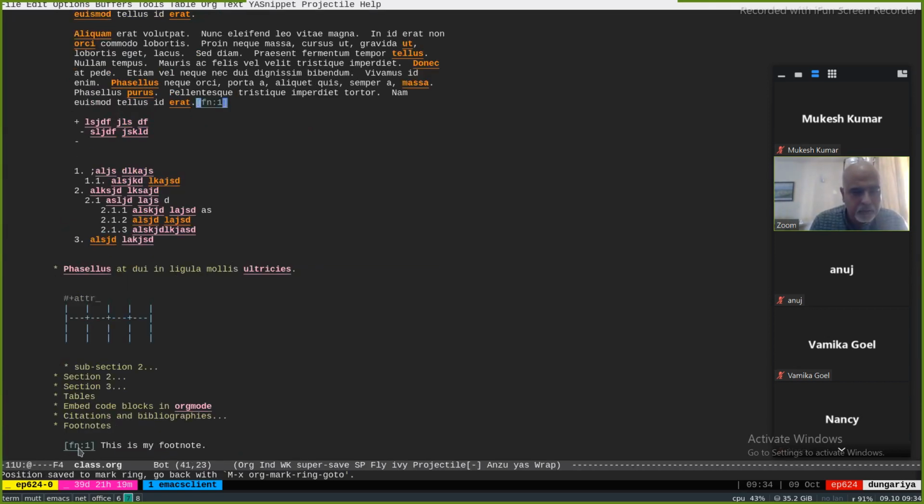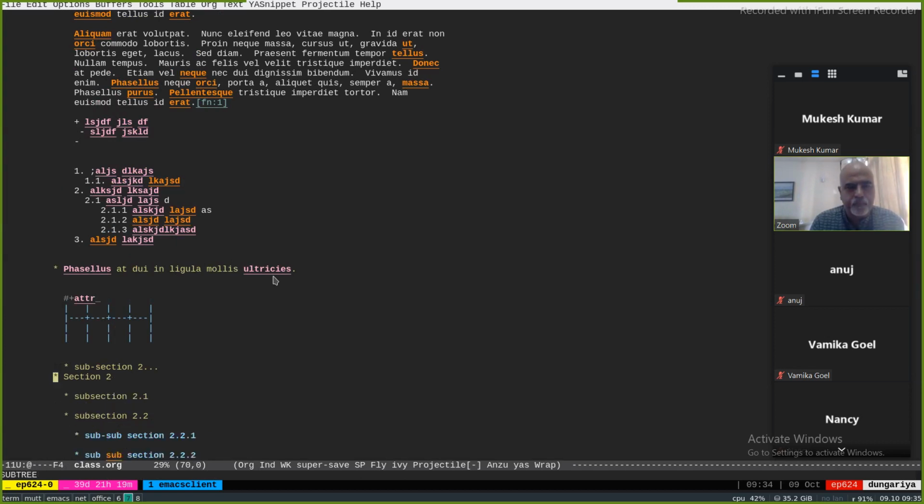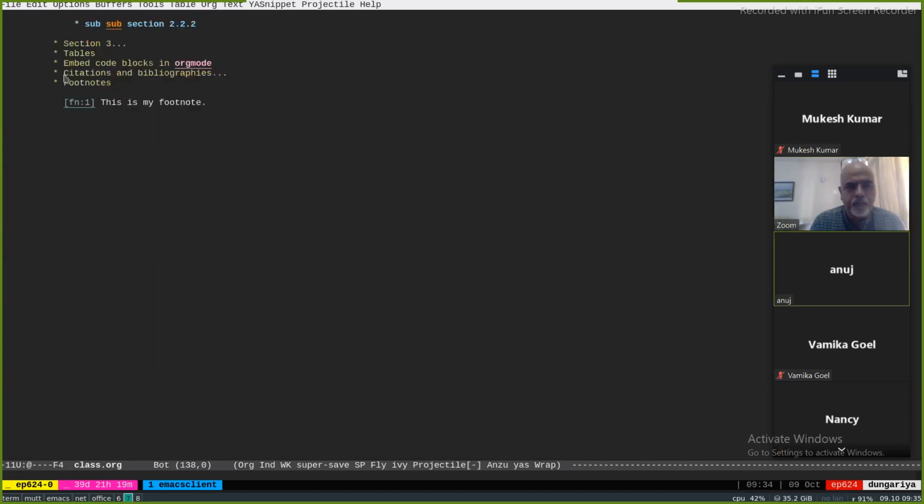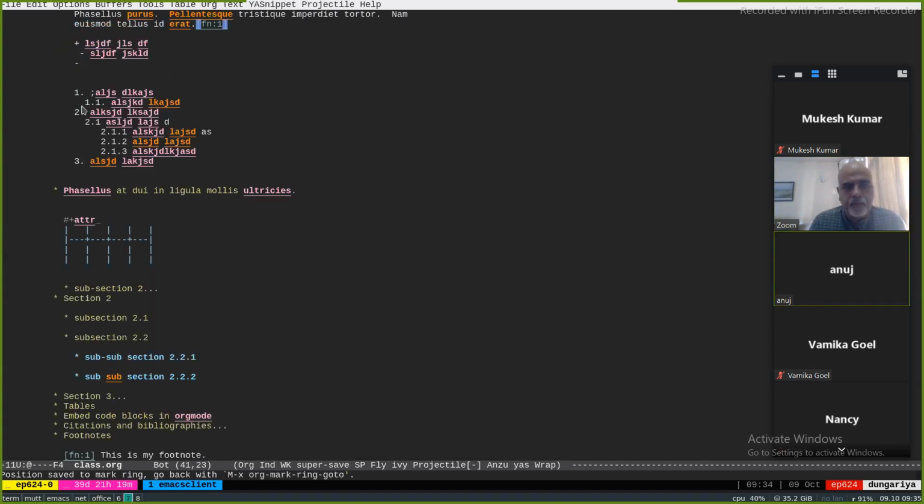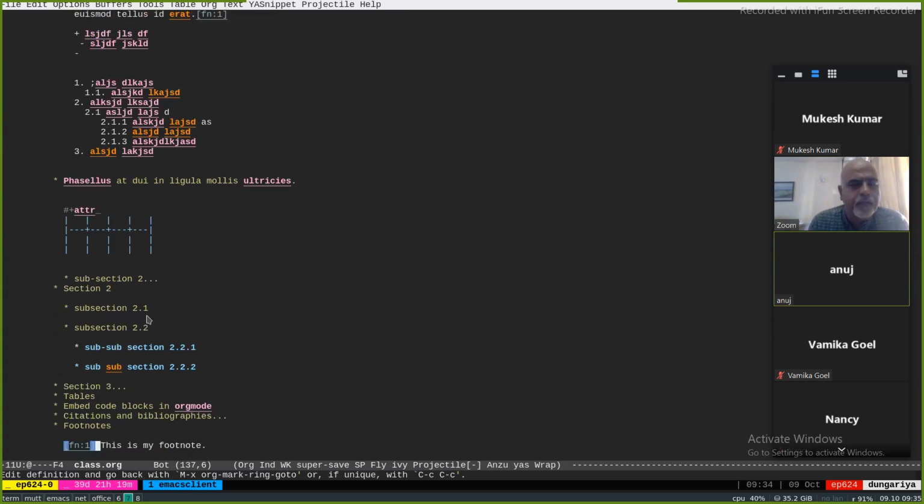Which means I can click here and go here, and I click here and I can go here. Is it clickable by default? By default clickable, the only thing is that since Emacs is running in console mode, I had to turn on external mouse mode.